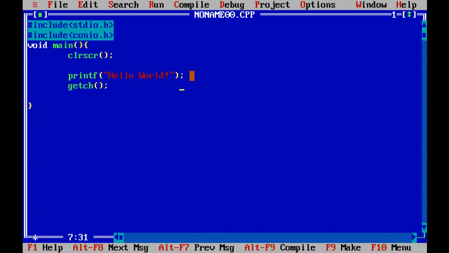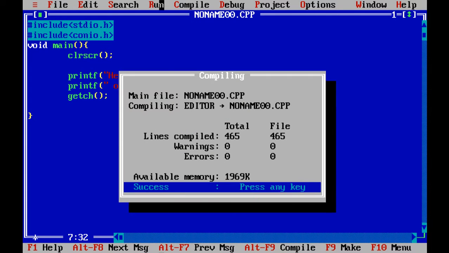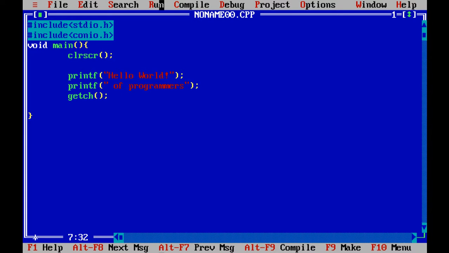I will give you the whole concept of printf in this lecture. If I write another statement of printf, hello world of programmers, and compile it, it is successfully compiled.